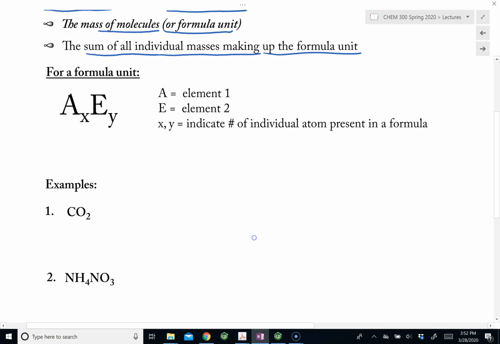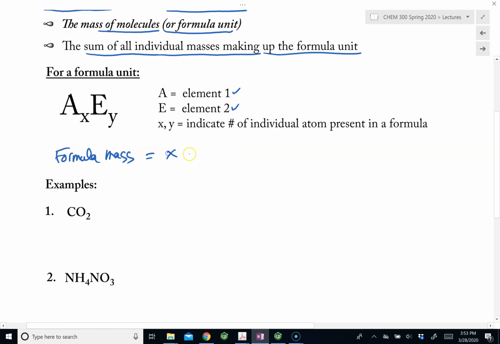For an example, for a substance with a formula unit of AxEy, where A is the first element and E is the second element, or if we have more elements, then we can add them in. And now x and y refer to the number of atoms of A and E in this compound. To find the formula mass of this entire substance, it will equal the following. So the formula mass